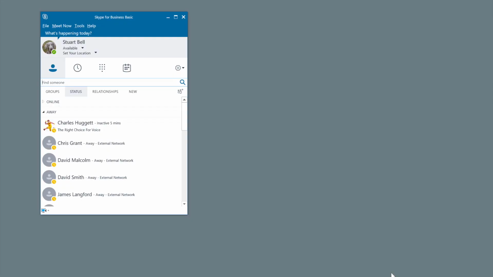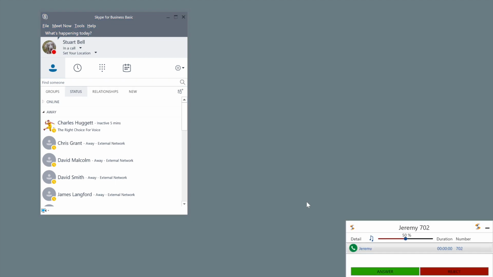Navigate Pro operates with both Outlook and Skype for Business. Here you can see on the display I have my Skype for Business interface, and we'll receive an internal call. In the bottom right hand corner you can see Jeremy on 702 is calling. I can answer the call, and I'm now on my telephone, but you can see within Skype our presence has